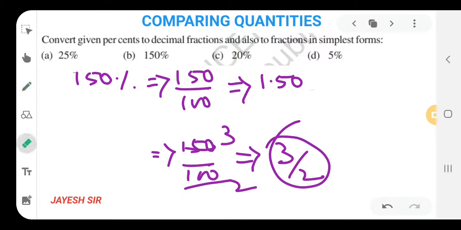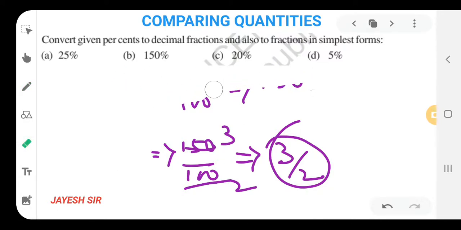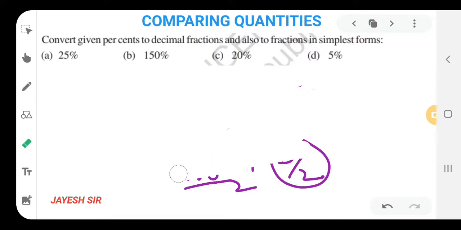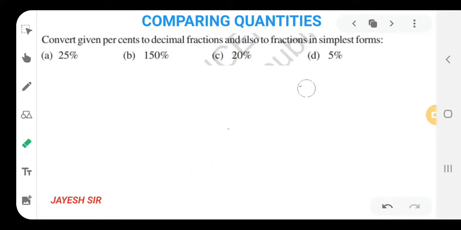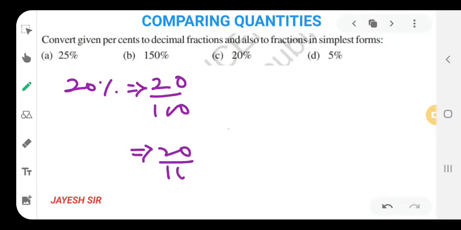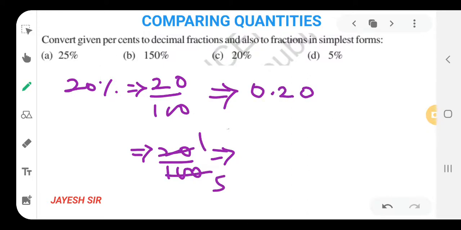Let us begin with the third sum of this type. Now if you are capable of solving on your own, pause the video and try to solve, as I am solving over here for you. Now the third sum, that is 20%, which could be written as 20 upon 100. We are writing it twice because we want to write in decimal and in fractions also. Now upon 100, that means point after 2, so it would be written as 0.20. Yes, that would be 20 1s are 20, 5s are 100. In terms of fraction, it is 1 upon 5.